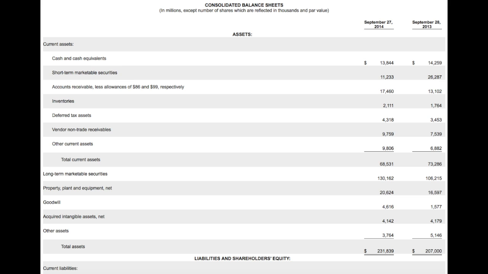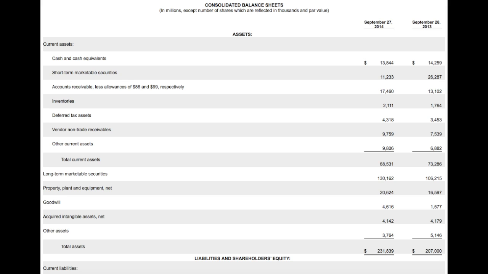Accounts receivable are essentially the amount of money that the company can receive from customers at a given time. For example, if a customer says that they'll pay the price for their new iPhone later in, say, a month, then the value of that rain check will go under accounts receivable. Inventories are pretty obvious. It's just the value of all the unsold iPhones and iPads that Apple has sitting in their factories. Then we get into the traditional items of how much their buildings and equipment are valued, their goodwill,